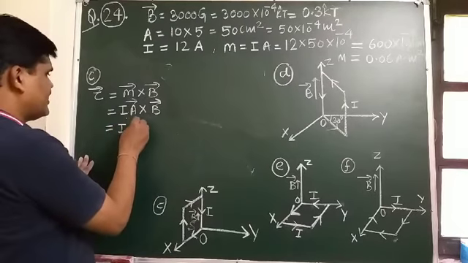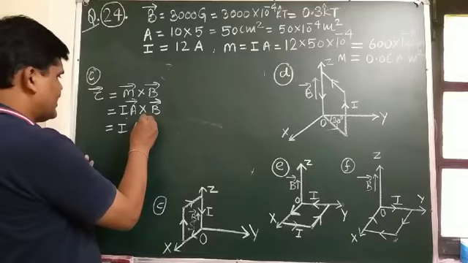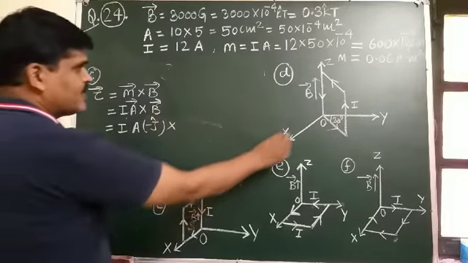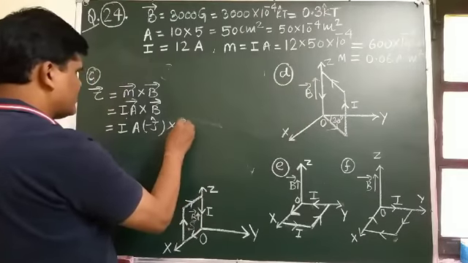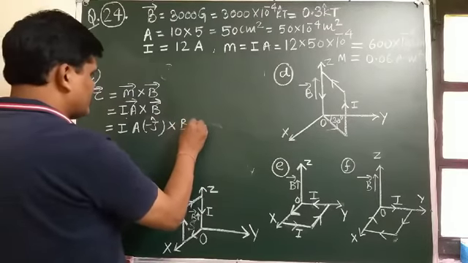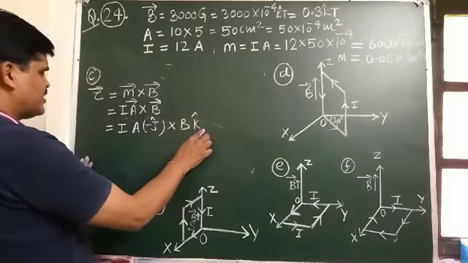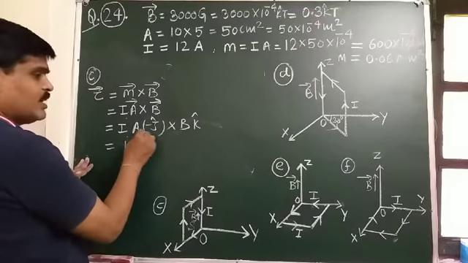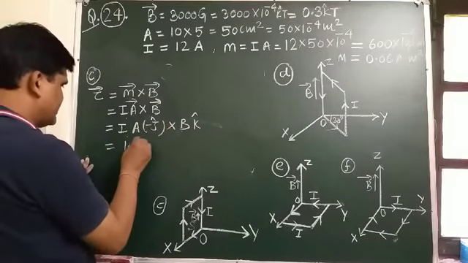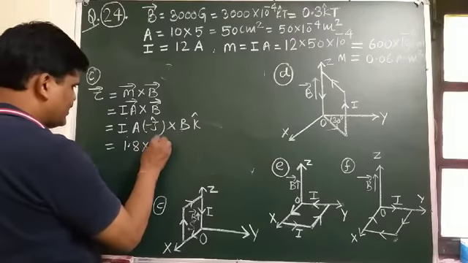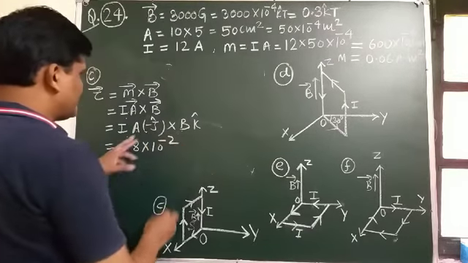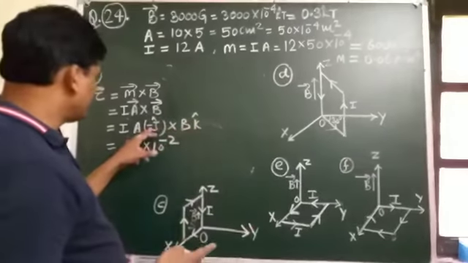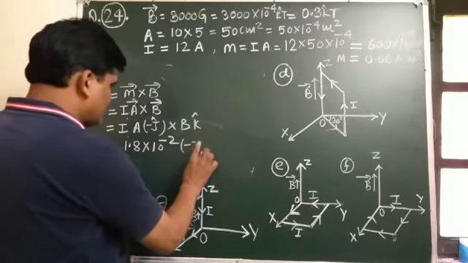So here we can write I, and it can be written as student A, towards the negative y-axis. Magnetic field, in every case, is towards the positive z-axis. And I A B, its multiplication comes out to be, already I have calculated, 18.2 Newton meter. Student, j cross k, that is unit vector i, but here it is negative, so that is minus i cap.